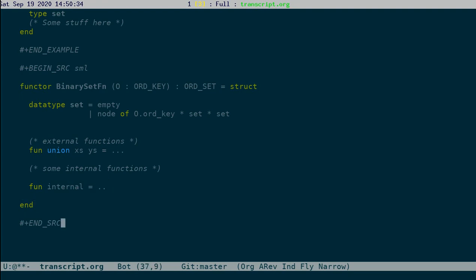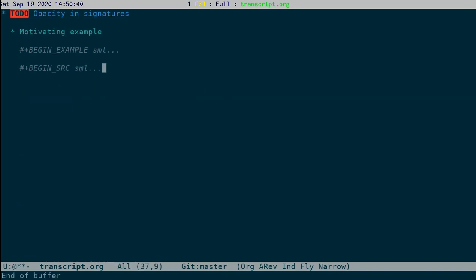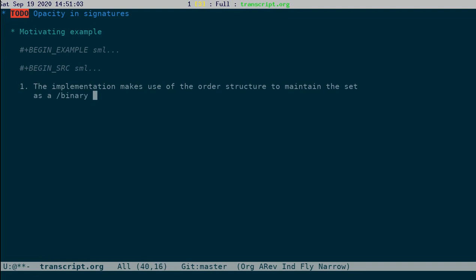One crucial correctness property is that the implementation makes use of the order structure to maintain the set as, this is the important part, a binary search tree.